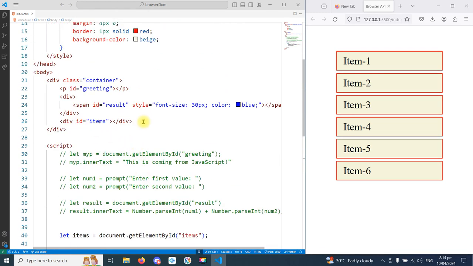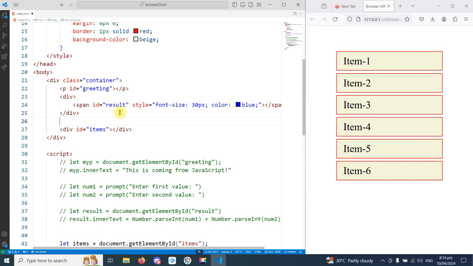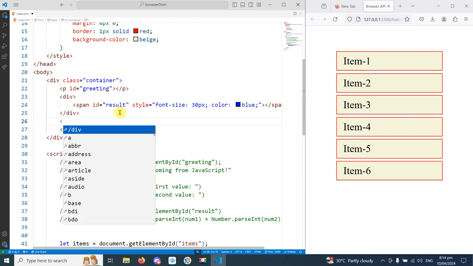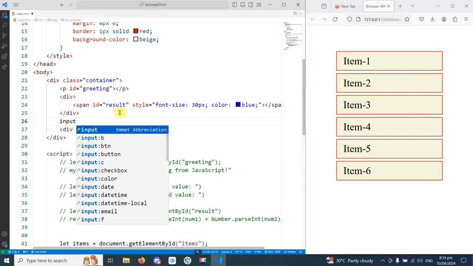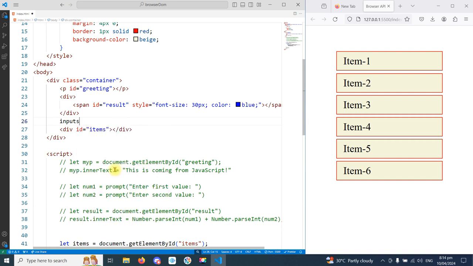So for instance, on my interface here, I can create an element called input of type submit. The value is